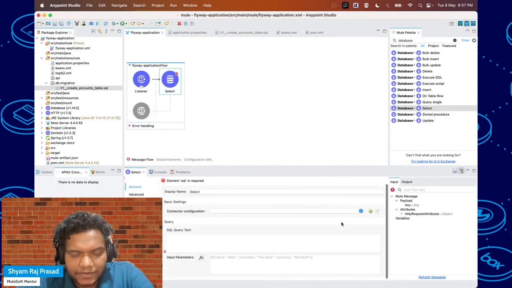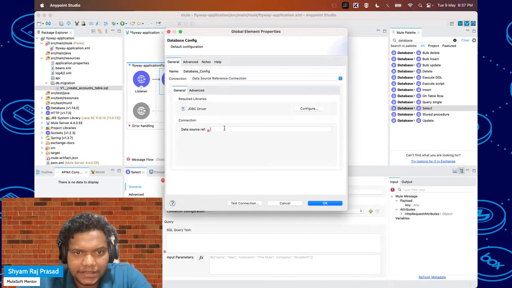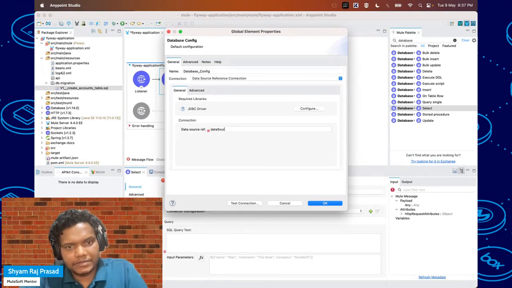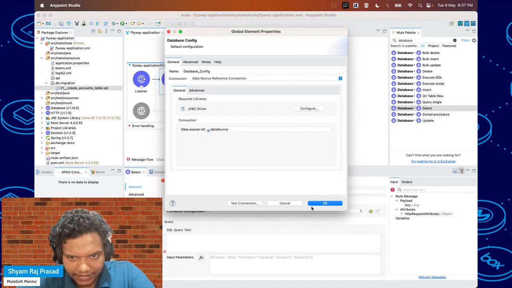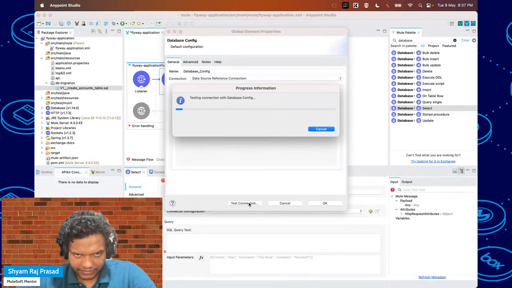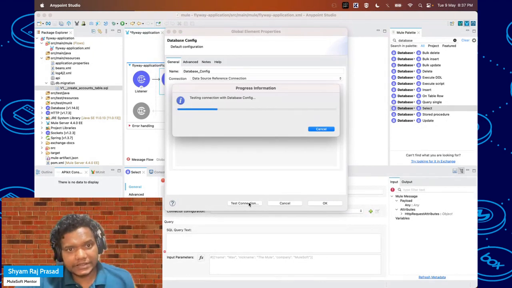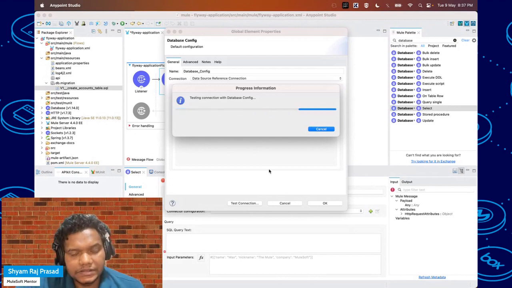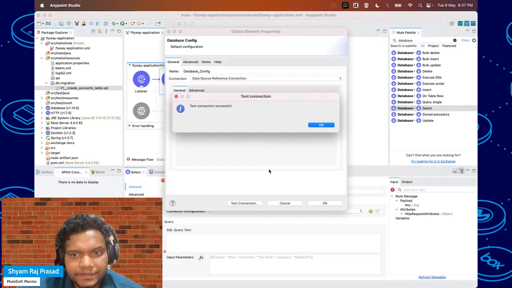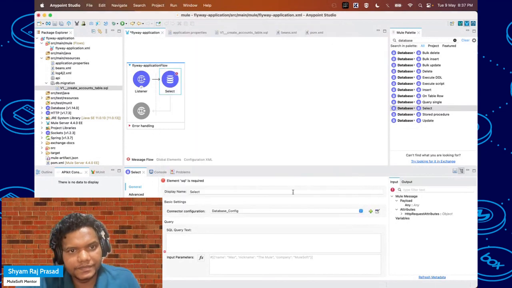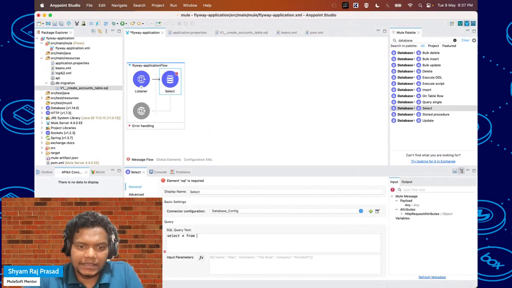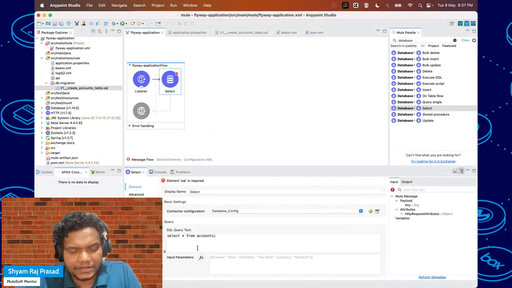and also for database configuration, I'll be using a data source. I've created a data source reference in the beans, so I'll be using that one. And if you do test connection also, it should pass. Here you can see test connection is successful. And in the query, I will just add that accounts table,